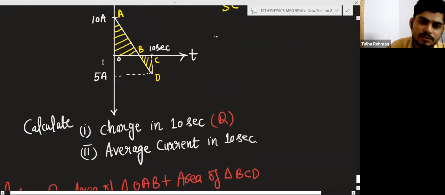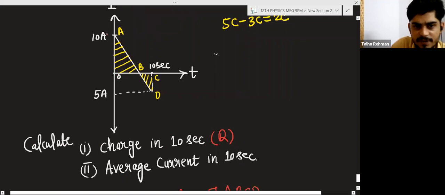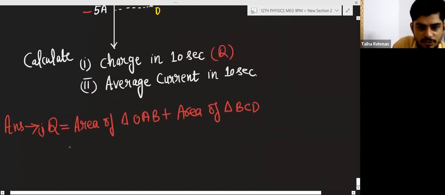And this is, you can write here, this is 10 ampere, and you will take this minus sign because this is below the origin. So this is negative axis. So when you measure the current on this axis, then you will take it with sign. So area of triangle OAB, half